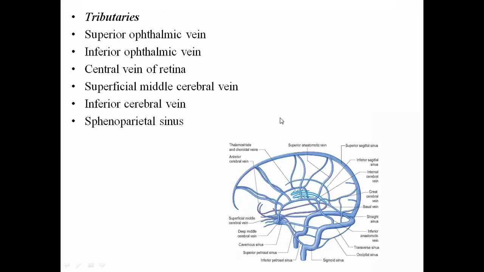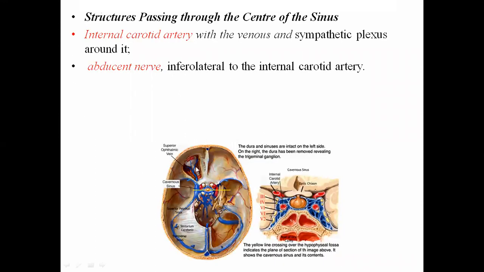Now, what are the tributaries of cavernous sinus? When we see the veins, we read about the tributaries. Similarly, we are seeing a big vein which is draining the brain and the skull, that is cavernous sinus. What are the veins which are reaching into the cavernous sinus? They are superior ophthalmic vein. So this is the location of cavernous sinus. Veins coming from the eye, superior ophthalmic vein, is draining into cavernous sinus, because you can see the relation of the orbit with the cavernous sinus. So the superior ophthalmic vein will drain into the cavernous sinus.